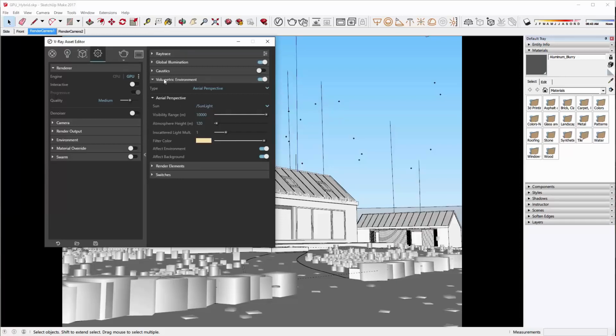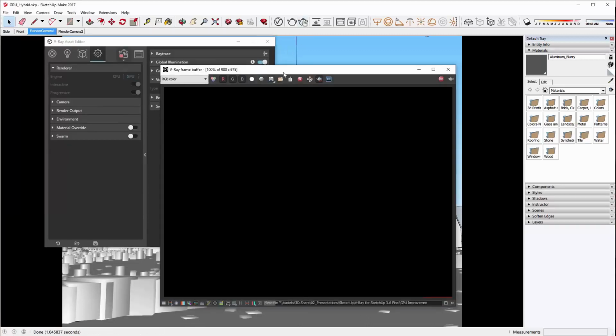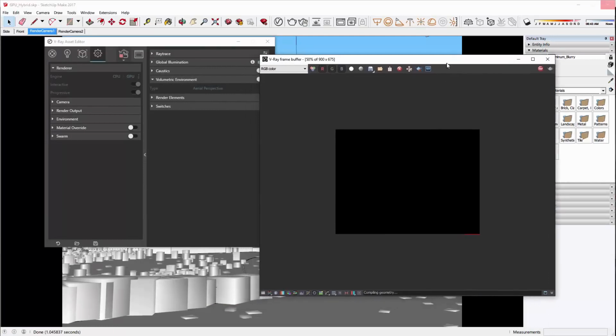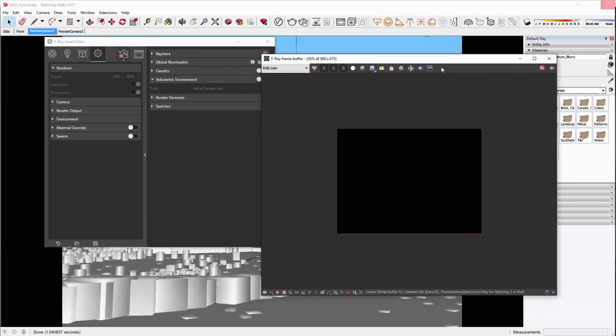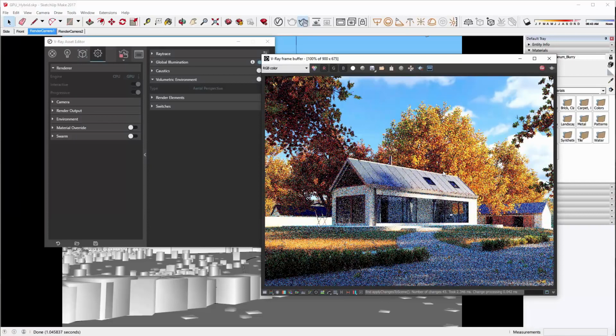So let me now go under the volumetric environment, and here, like I said, we now support the aerial perspective. So I'm going to disable it first. And as soon as V-Ray starts rendering, you're going to see the result without aerial perspective. And this is it. So basically right now we're rendering on both the CPU and the GPU, which is going to be quicker than rendering only on the GPU. So we're utilizing all of the power that we have available on our computer, which is great.